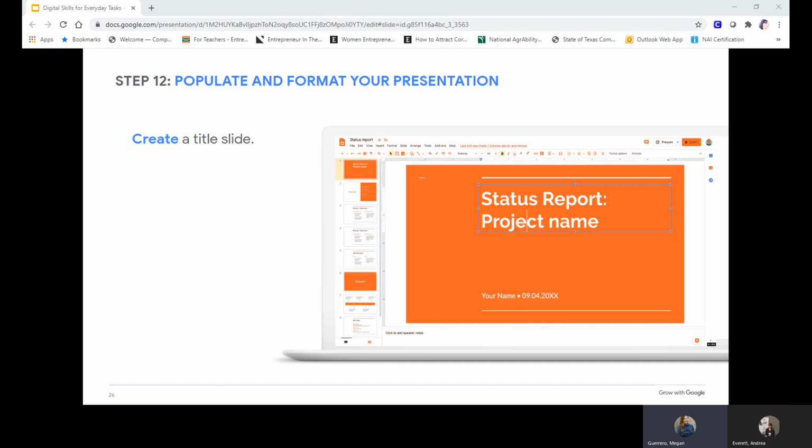Once again, your template opens in a new tab and automatically saves to your Google Drive. As you can see, this template has built-in categories designed to update a stakeholder on deadlines, road bumps, and your team's accomplishments. Different templates include different categories, slide layouts, colors, and designs.